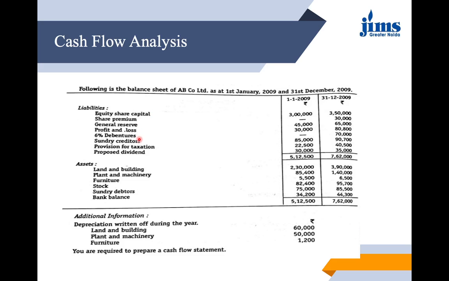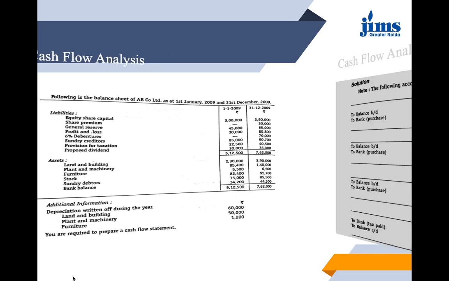Under current liabilities, we do have sundry creditors, provision for taxation, proposed dividend. Then under assets, we have fixed assets as land and building, plant and machinery, and furniture. Under current assets, we have stock and sundry debtors and bank balances given to us. They are saying that the depreciation has been written off during the year on land and building, plant and machinery, and furniture. So we are required to prepare a cash flow statement, but before that, we will be preparing the